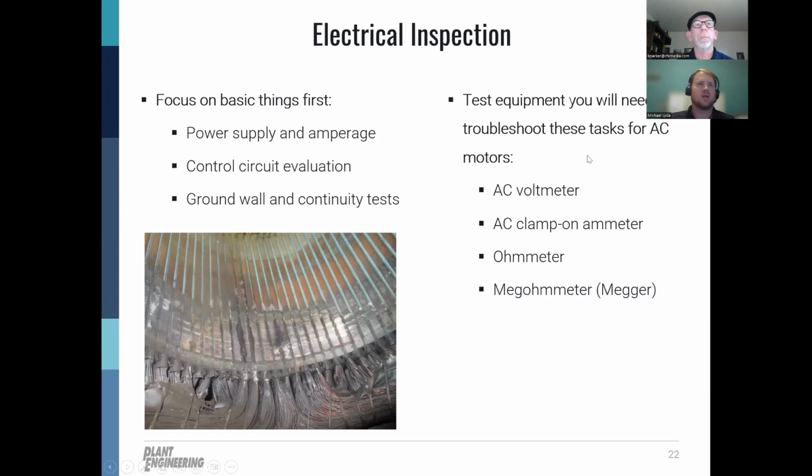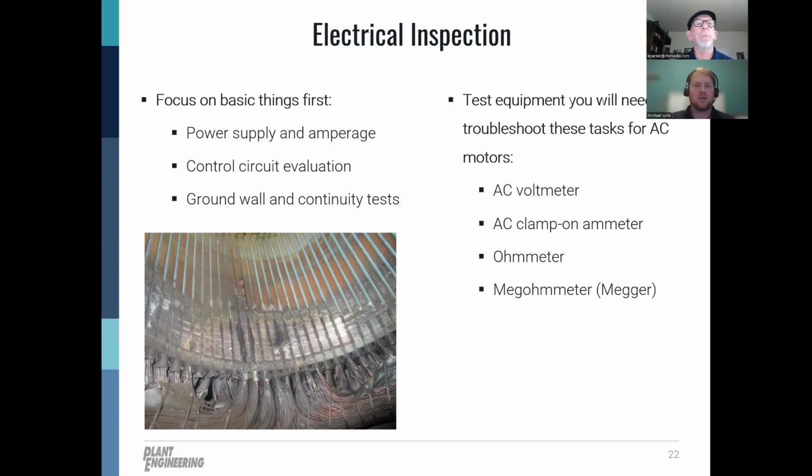So once you've taken a look at some of the mechanical components and mechanical inspection, move into your electrical inspection. So where do we want to start? One thing, it kind of goes without saying, but make sure these tests are performed by someone with experience or someone who's trained in electrical testing. Here you're going to be dealing potentially with live voltage, so safety is something to focus on